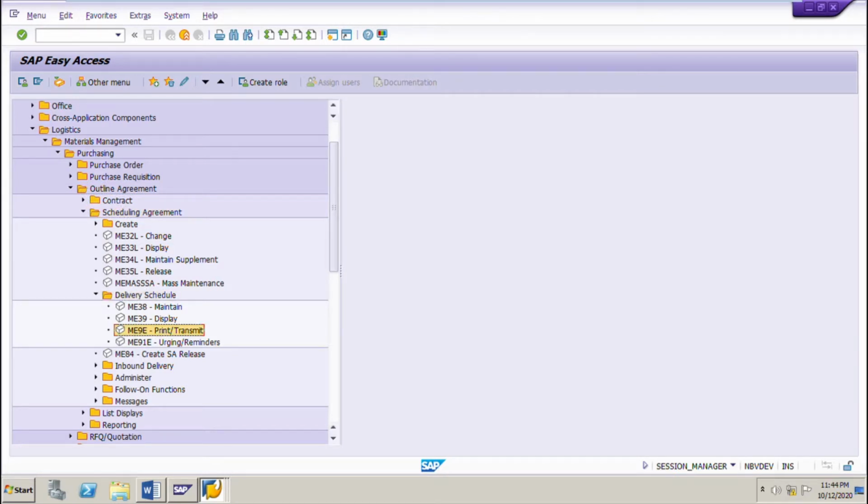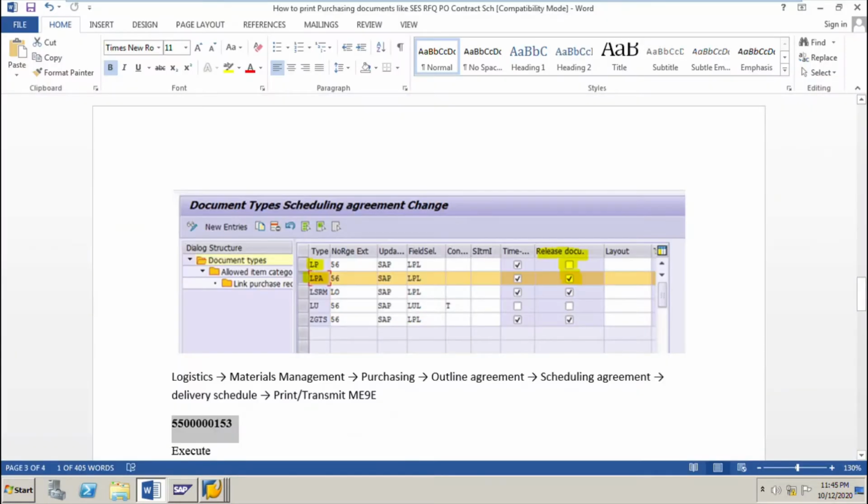Before we print the delivery schedule of a scheduling agreement, we must know that there are two types of scheduling agreements. One is with release documentation and the other is without release documentation. The difference between them is described by the type of the scheduling agreement.